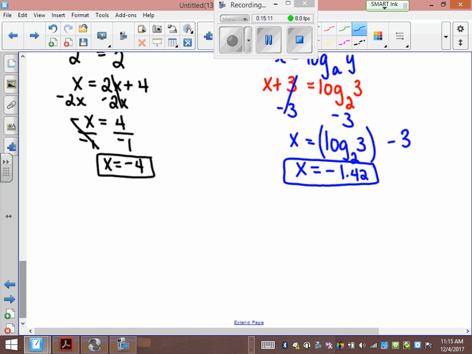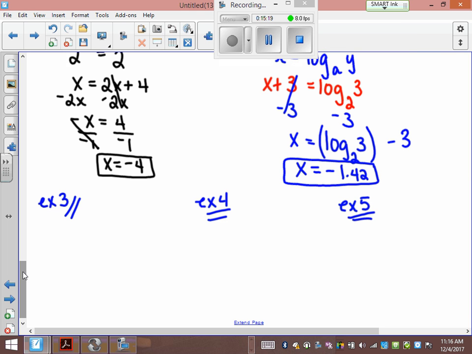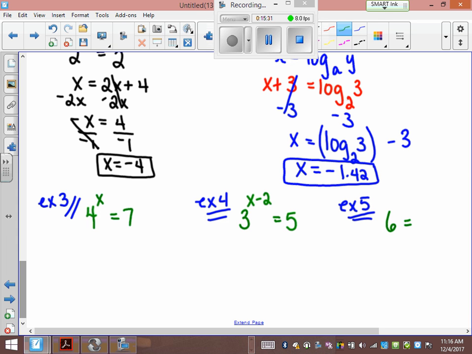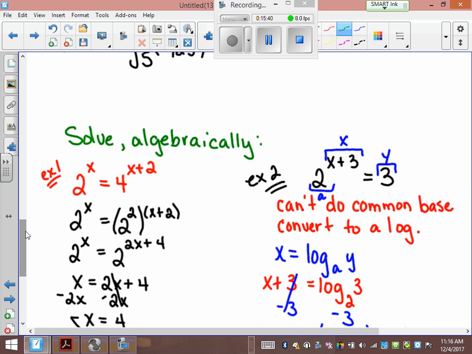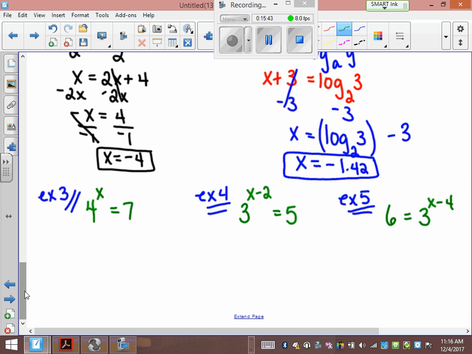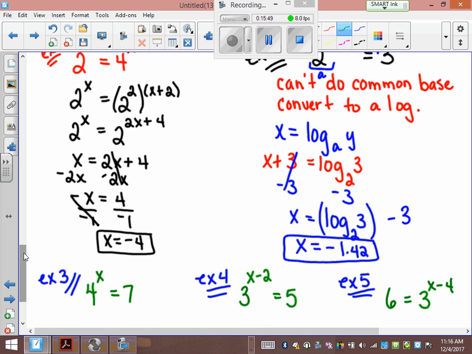So, example 3, example 4, and example 5 are for homework. Okay, you guys do those. I want you to solve them algebraically. The title's up here, solve algebraically for all these examples. So write those ones down. So solve these algebraically. We're going to go through